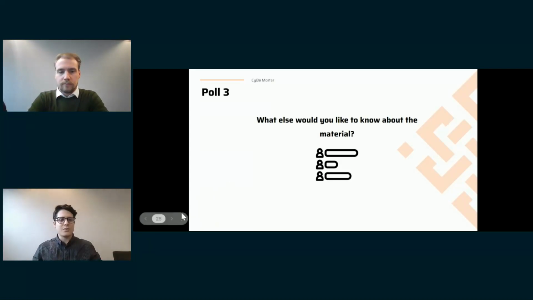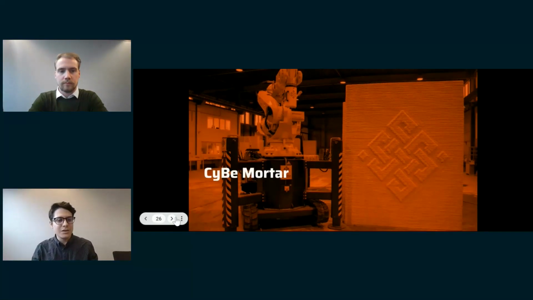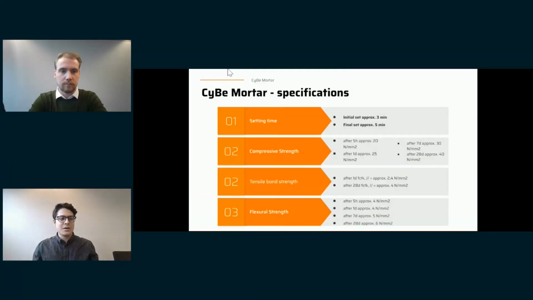Okay, so now that we understand a little bit of the theory behind the workable material, we can show how the CyBe mortar achieves all the properties that we mentioned in order to get the quality that we have seen in the videos. For example, because of the speed of a robot that, as Dan mentioned, is about 500 millimeters per second, our setting time tends to be between 3 to 5 minutes, which is quite quick.